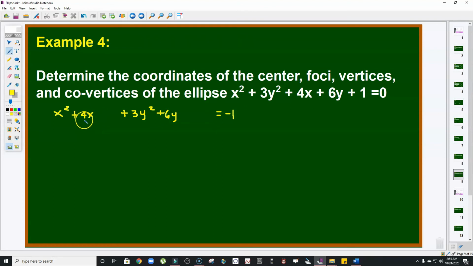So, that is 2 squared. So, add ako ng 4. So, nag-add ako ng 4 on the left side. I have to add 4 on the right side. See that? Okay, now,